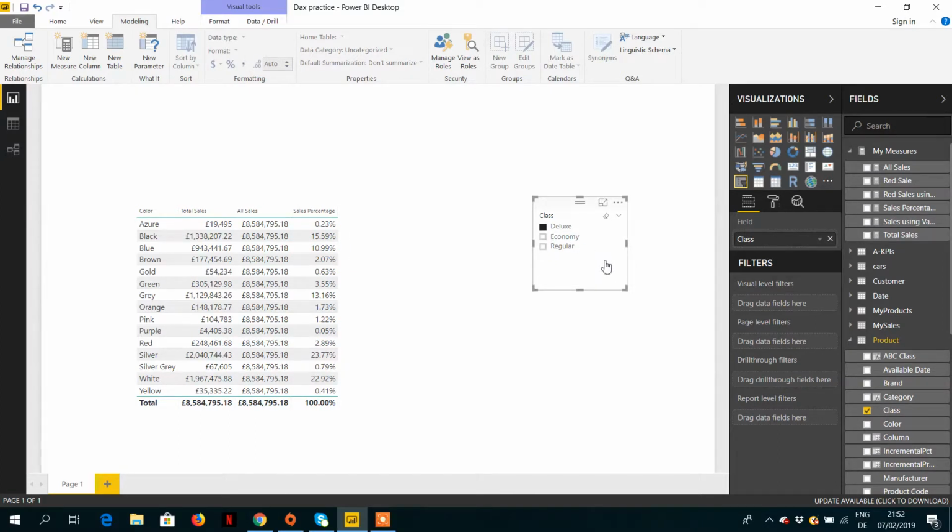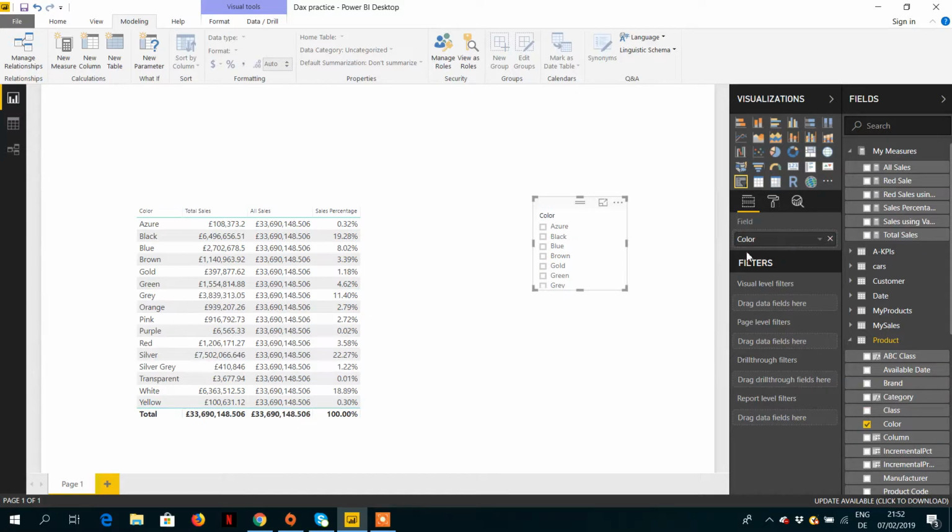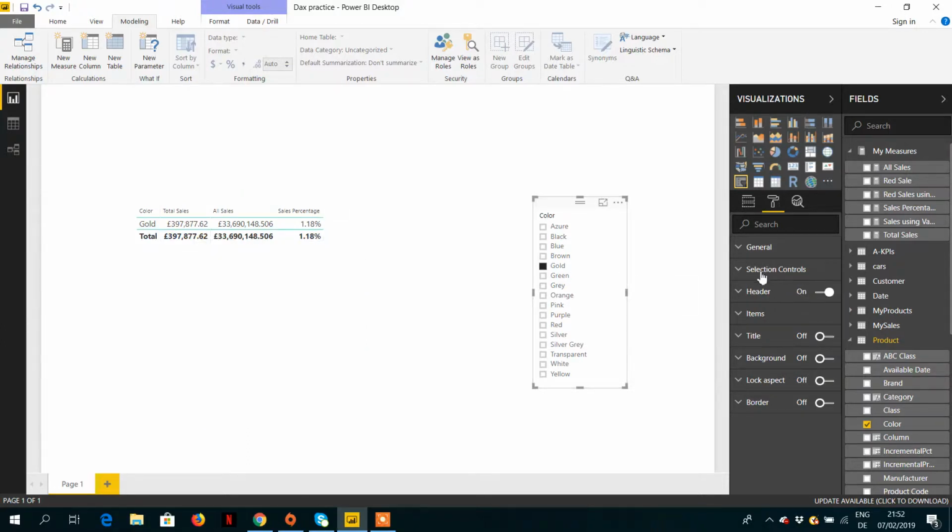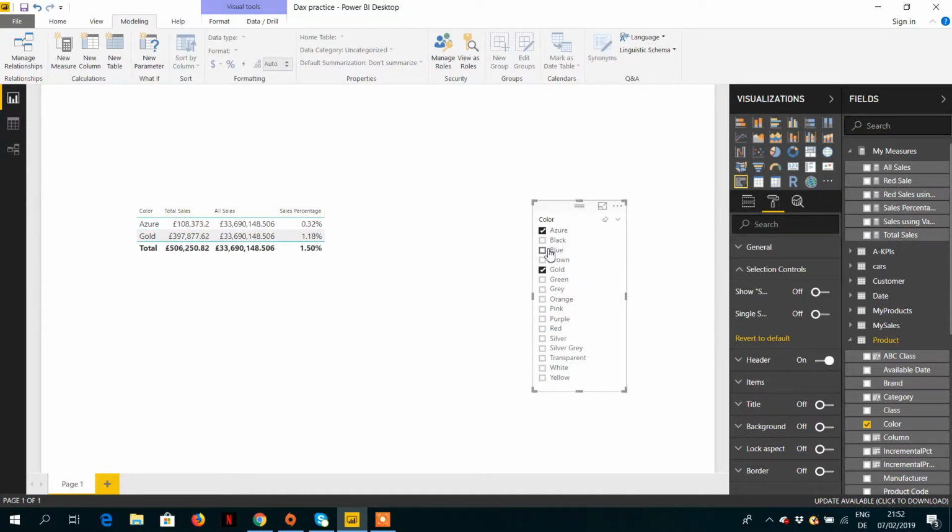Okay, so what happens if I choose the product color? If I put it here, and I can make it a multi selection. Let's say I choose a few colors and see.